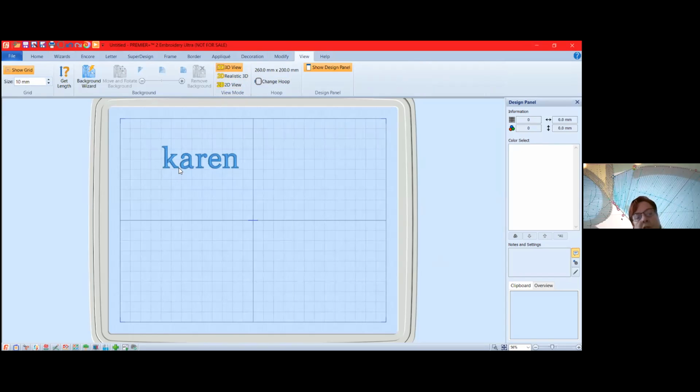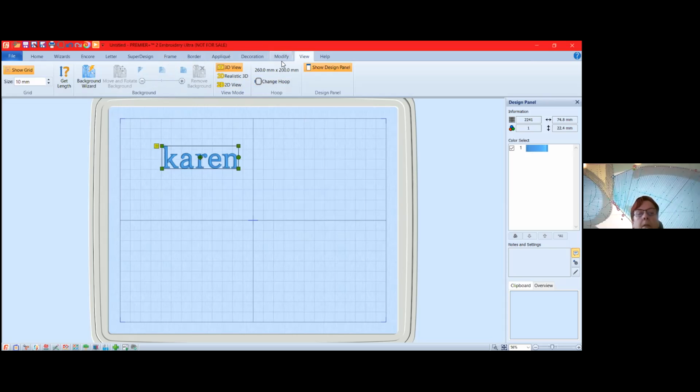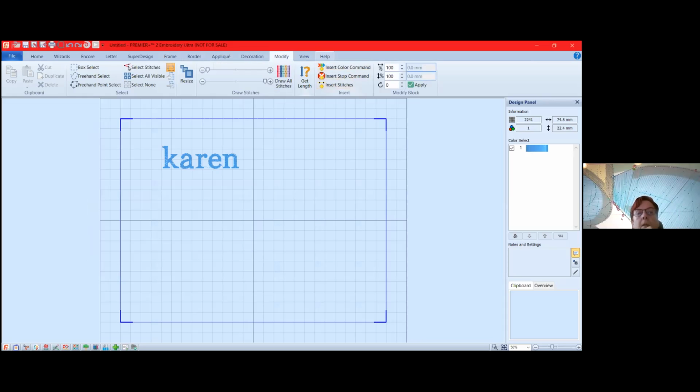Yeah, if there would be jump stitches between the K and the A and the R, you can get rid of them. With lettering, you don't necessarily want to get rid of those or any real tiny little designs because you'll get bird's nesting on the back. But you can go in and